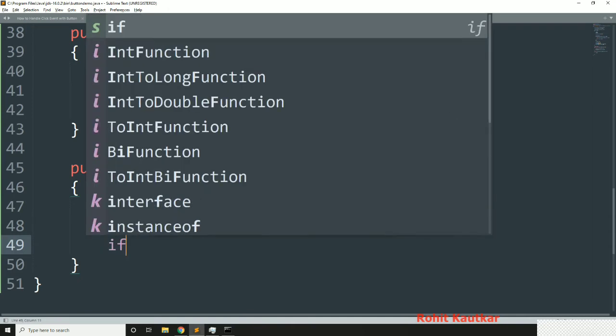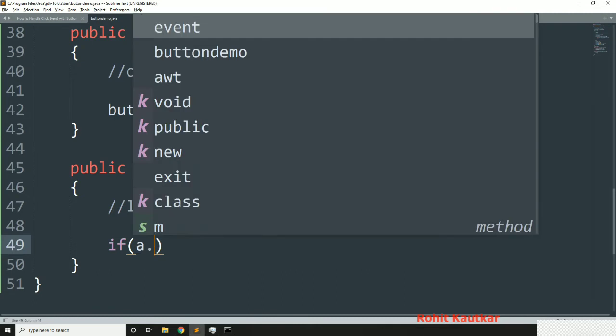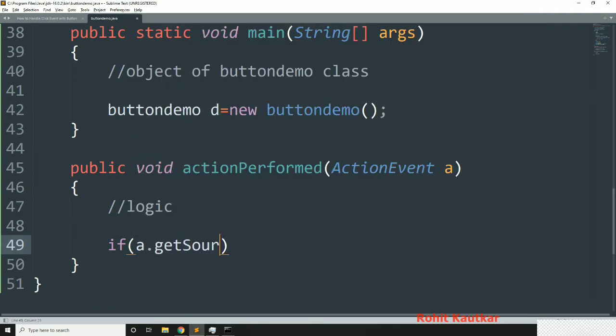So what I will do, we will use a method called getSource. This is a method of the ActionEvent class, so I will access it with the help of this a object. So I will write a.getSource, and if our source is the button, that is b,